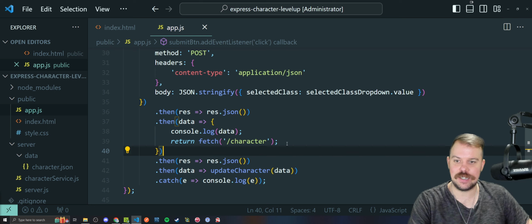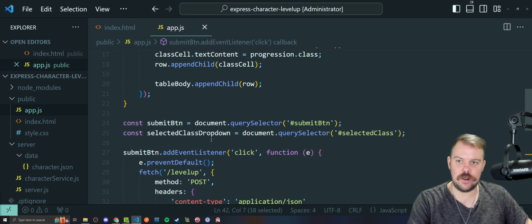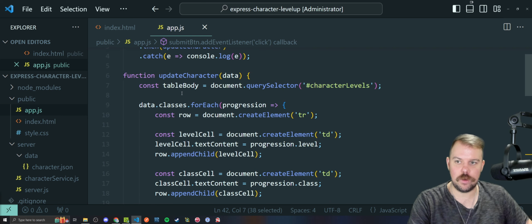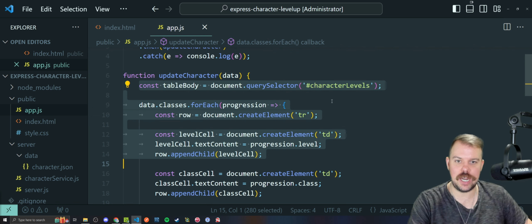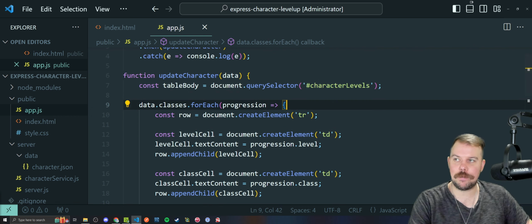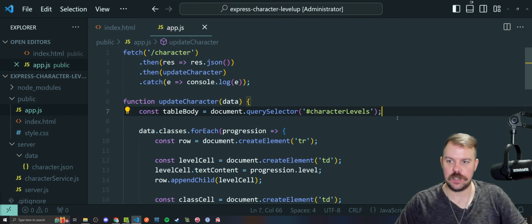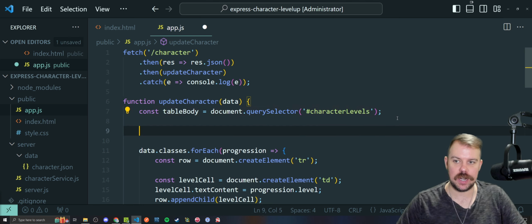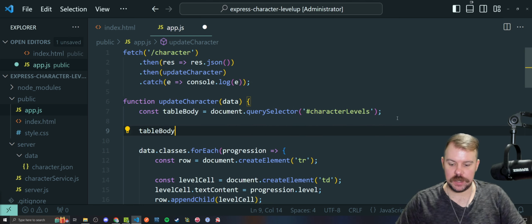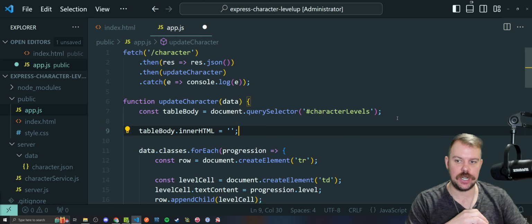We're simply going to ask it inside of either here, or we can even have our update character data function do it, where we can have it ask it to clear out all the rows from the table row or something like that. So we have a couple different approaches we can take. Okay, and that's actually fairly straightforward. All we should have to do is take the table body we selected and simply ask it to clear its